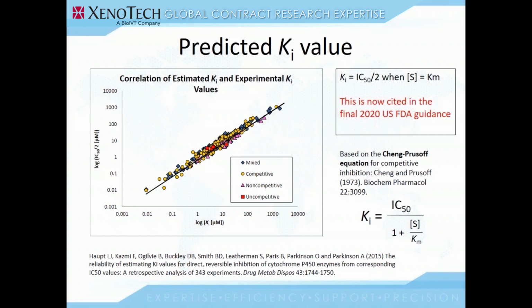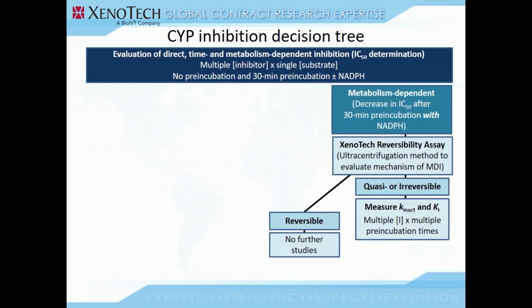This was based off the Cheng-Prusoff equations, and this publication is now cited in the 2020 US FDA final guidance document as an acceptable method for determination of the Ki value. So now that we've determined the clinical significance of direct inhibition, we move on to inhibition caused by a metabolite